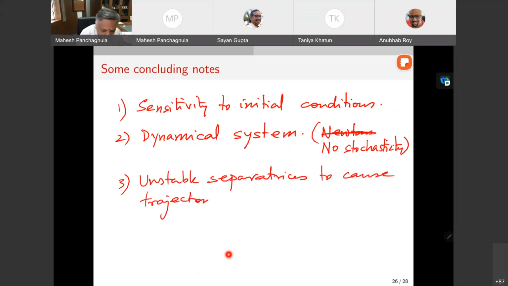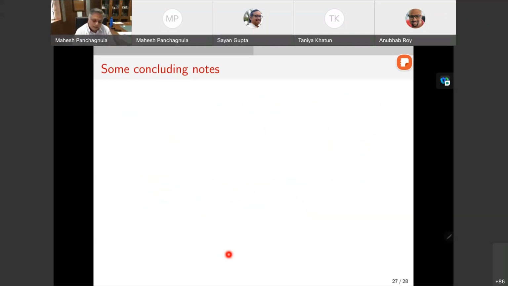I'll use lay words here, please excuse me. I'll call it trajectory meandering, because at the end of the day, the trajectory itself is a one-dimensional object always. It cannot intersect. It is in a space that is some three-dimensional space. So a 1D trajectory has to snake through all this minefield of unstable separatrices in order to make its way in a dynamical sense. Okay, and this trajectory meandering leads to chaos.